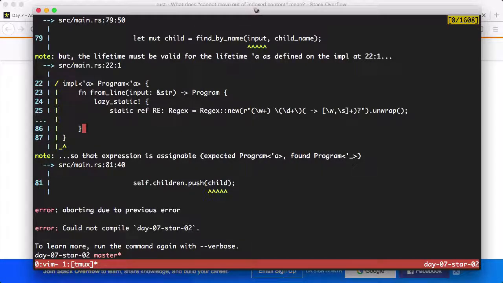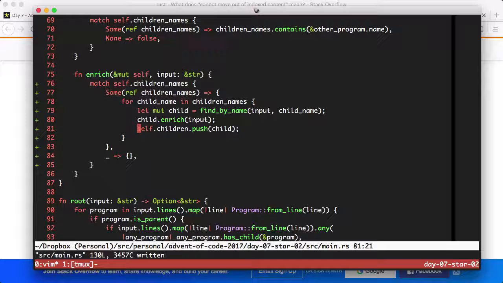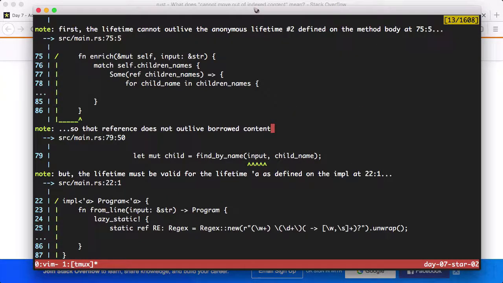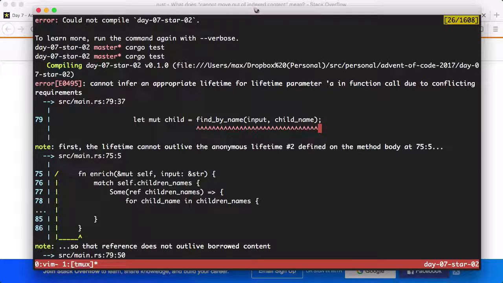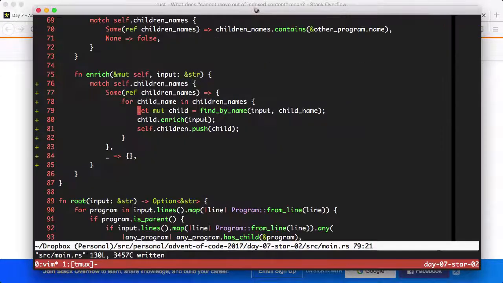Yeah, I can't help but think that this very detailed error message is trying to tell me something. So, cannot infer appropriate lifetime due to conflicting requirements. So, on 79,